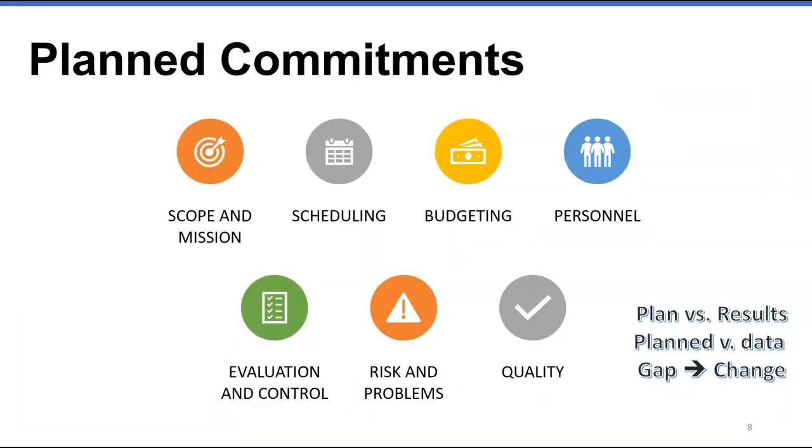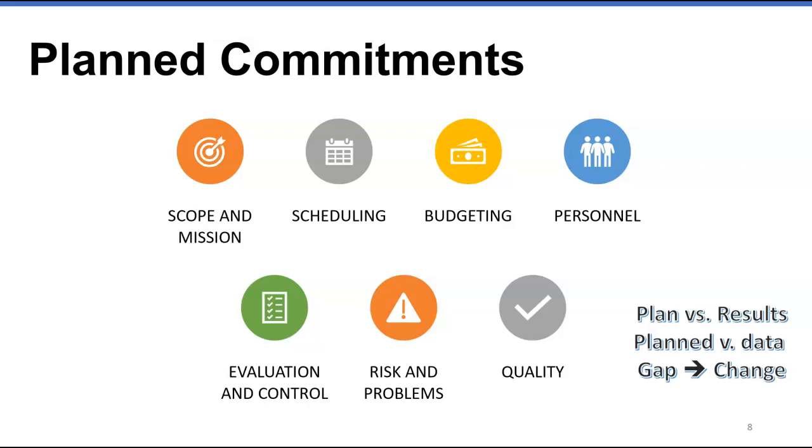Now, you also, as a manager that transforms, want to understand planned commitments. The plans that you make as a manager have to be based on the process capability of the organization, not wishful thinking, right? Plans must be more than just a schedule, in that the plans have to address all of these nine elements of successful management that we're talking about right now. Including planning the management effort, scheduling, resource allocation, budgeting, scope, as we've already talked about, mission and goals, personnel needs, skill levels, how you're going to evaluate and control the work and the workers,